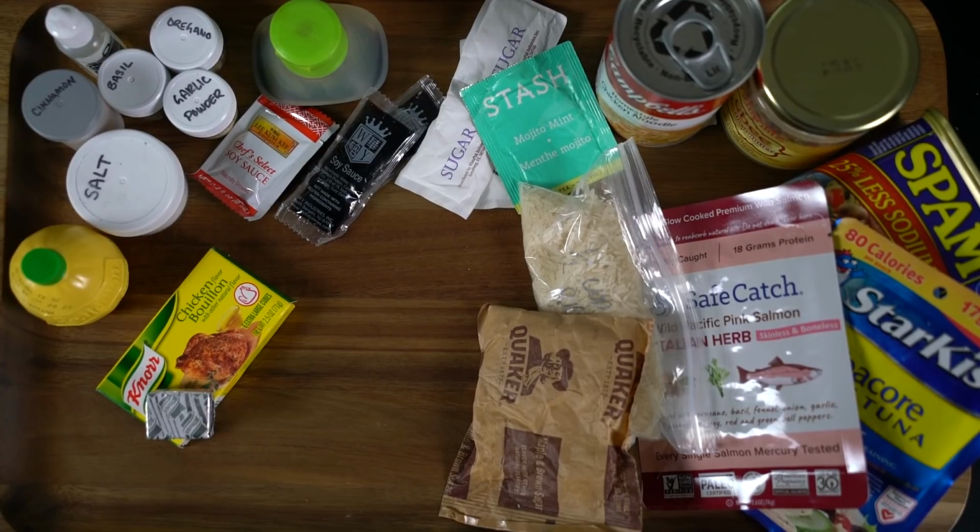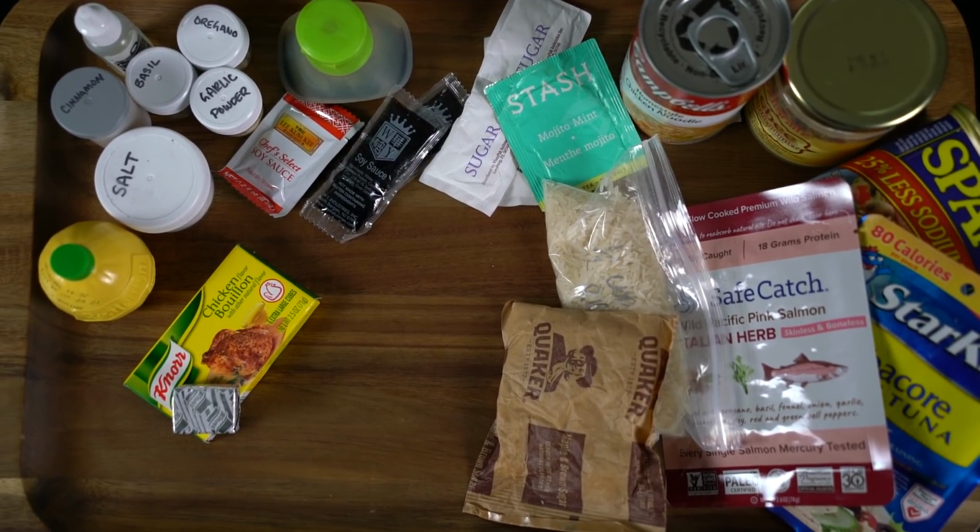Yes. Other things you might want to take along, but I do not: ketchup packets, mustard packets, mayo packets, hot sauce, that kind of stuff. I hear hot sauce is very useful for flavoring food that maybe didn't turn out so good. Moving on to staples that are just a good thing to have as a backup or make a meal stretch